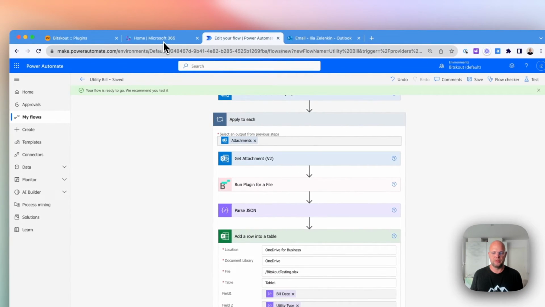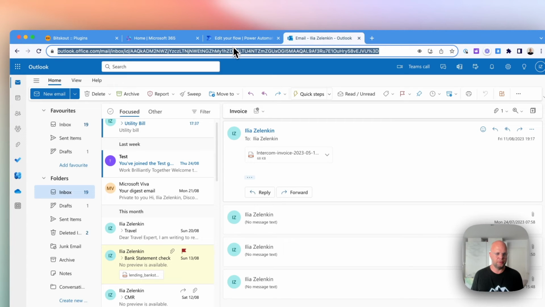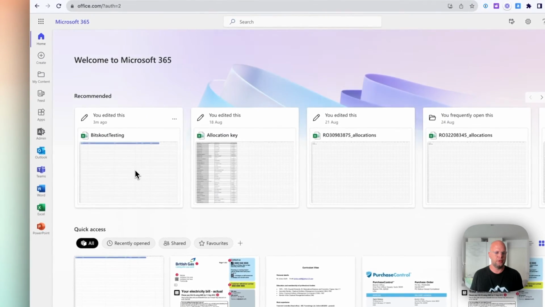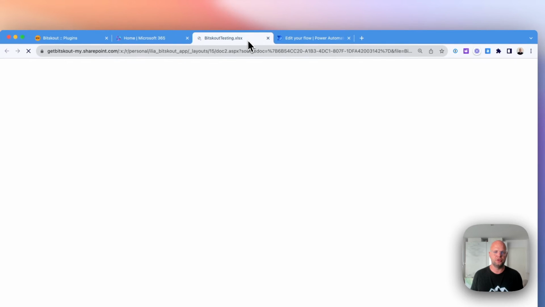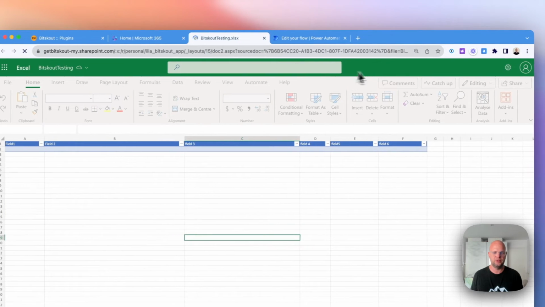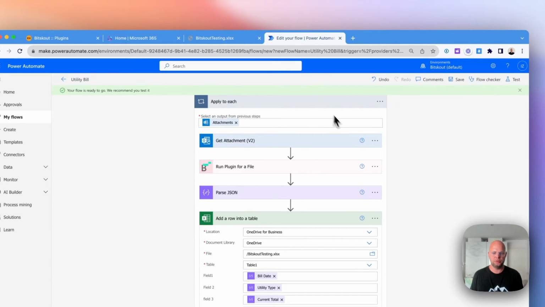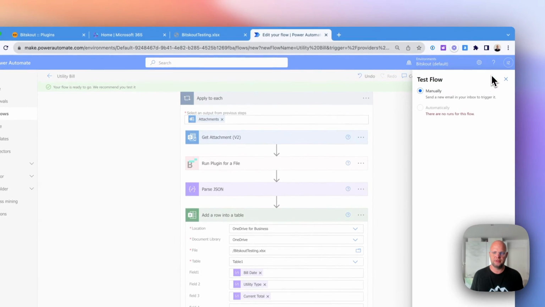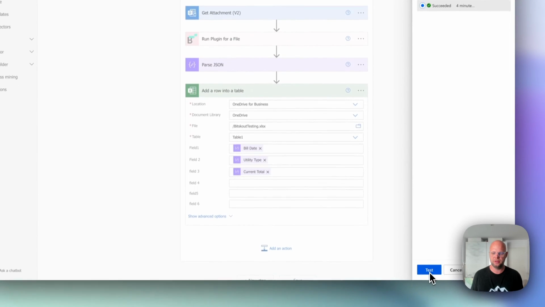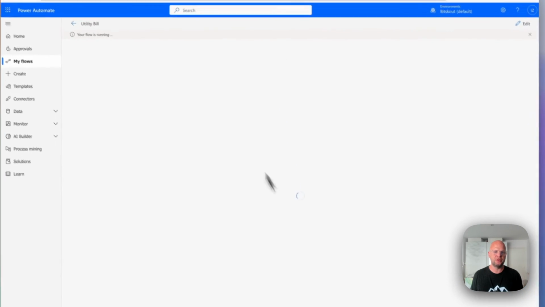And let's run a test once again, but I want to open an Excel. So okay, I want to open the Excel where the actual data will appear. Let's see, here it is. And what we need to do is just run another test, nothing else. And we don't need to send an email once again. Let's use the same trigger. So now it will repeat with the same